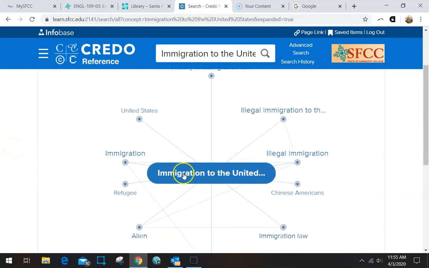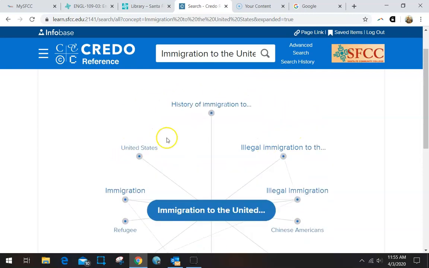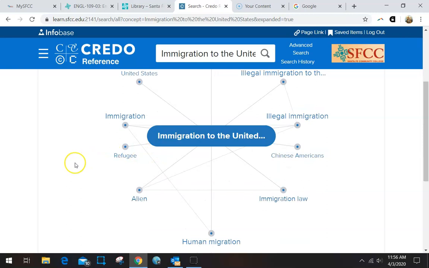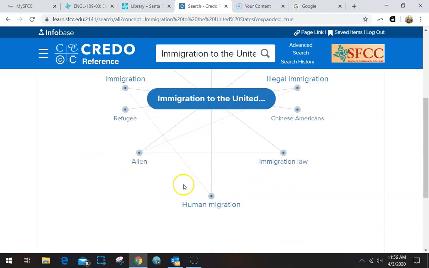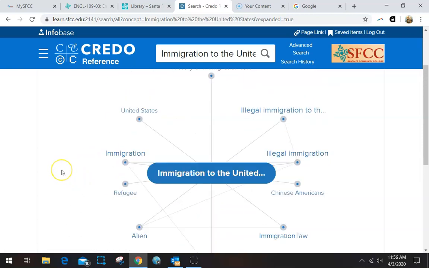So you've got your topic in the middle here, immigration to the United States, and you've got all these subtopics around it. Okay, so if you want to focus on the history of immigration to the United States, illegal immigration, you can do that, and just human migration in general. And so what you can do is you can actually click on any one of these and you can sort